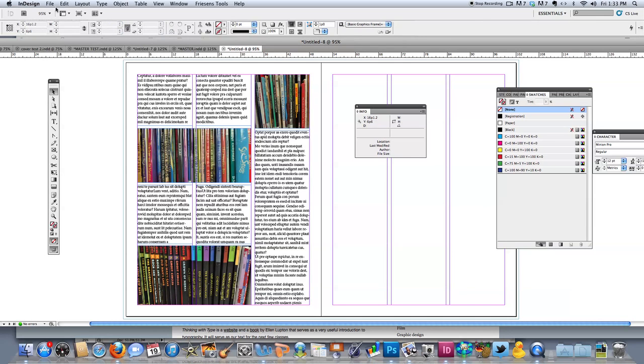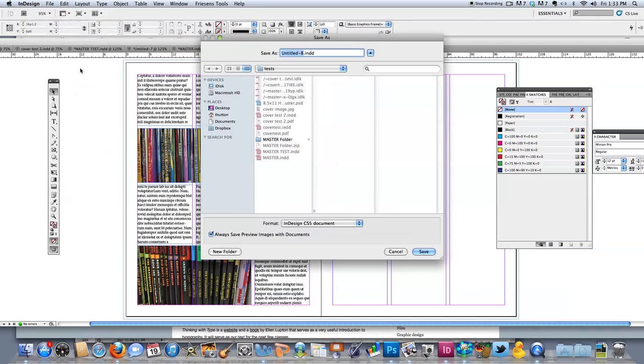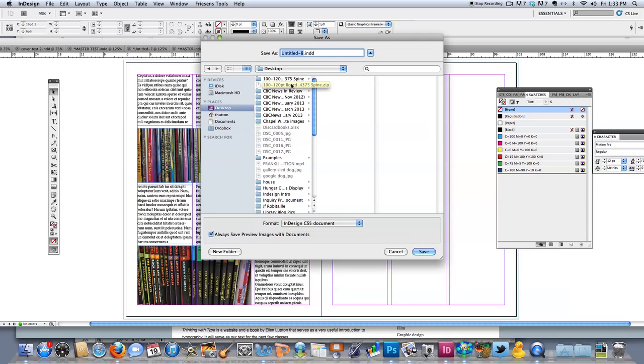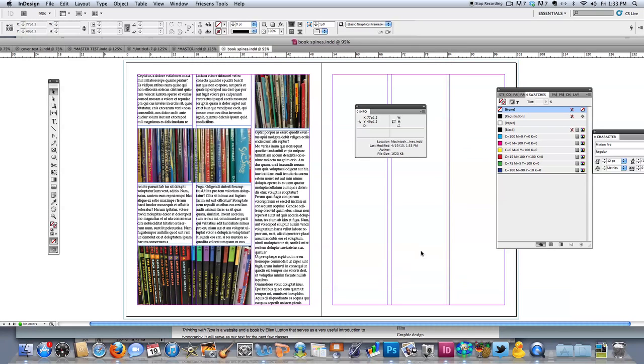And I'm going to save my document, which I haven't done yet. So I will just save it on my desktop for convenience and call it Book Spines, INDD, and click Save. Okay, so I have my file, and let's say I want to send it to a printer, or you want to share it with me or something like that. So what you need to do is